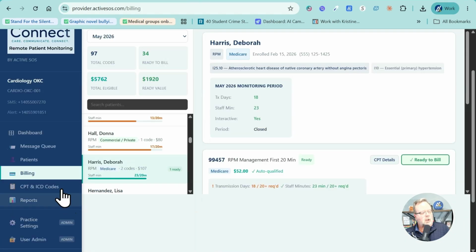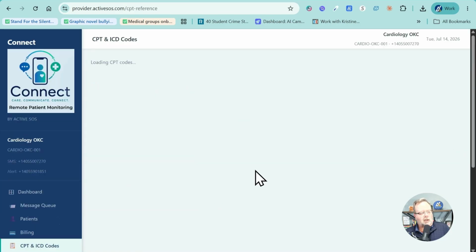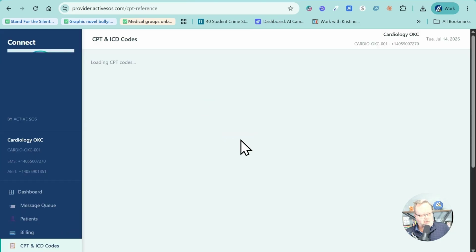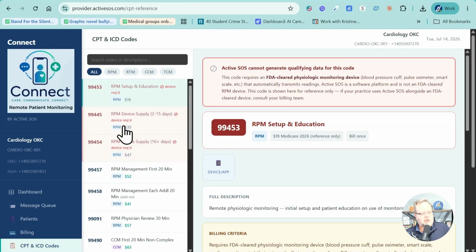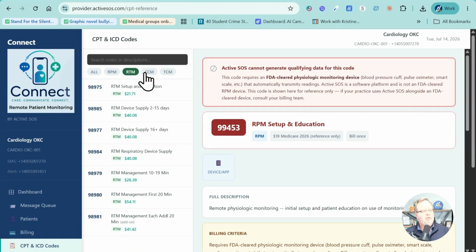Okay. Last thing I'll show you as we go through this on the report side, but right before I get to that, let me just show you we did build a CPT code, an ICD-9 code database in here. And in this process, I've got something in the background I've got to work on, but this just shows for every code that we have built in here, we want to show you that we are doing everything we can to keep you compliant, to show you which codes fit, which ones don't fit, what those codes might be from a billing standpoint, from all the different numbers, for all codes, for the RTM codes, for the RPM codes,